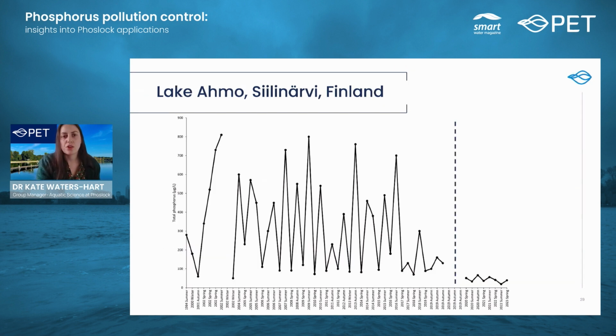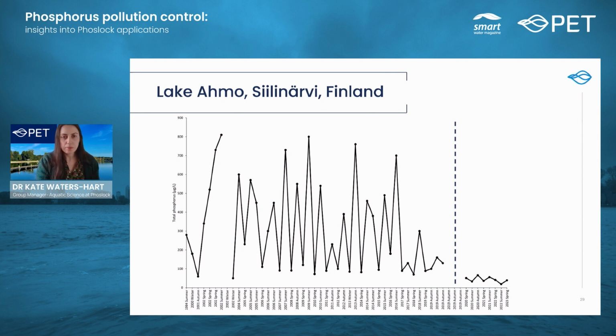So this is looking at the total phosphorus concentrations in the hypolimnion of the water body, so the deepest area of the water body. And you can see the seasonal patterns prior to application. But if you look after the application of Phoslock, you can see significant reductions in the total phosphorus concentrations, particularly noticeable in the spring and summer,